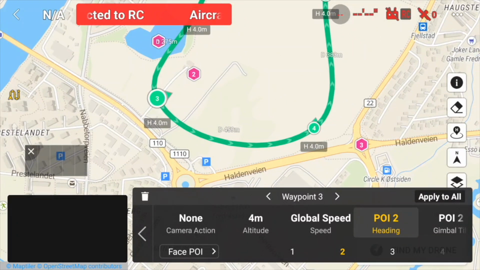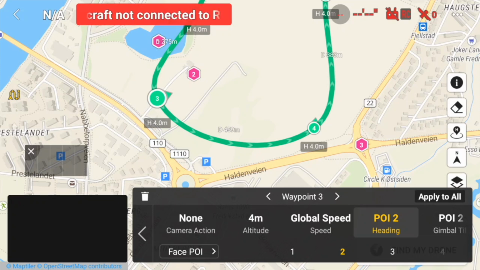And then the drone will go against waypoint number 4, and we want the camera to slowly go against point of interest number 3.